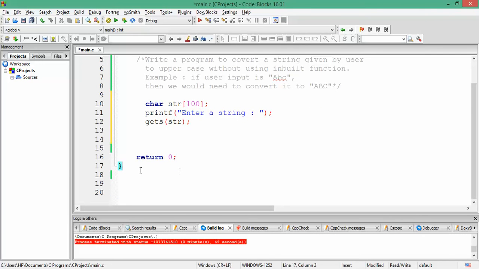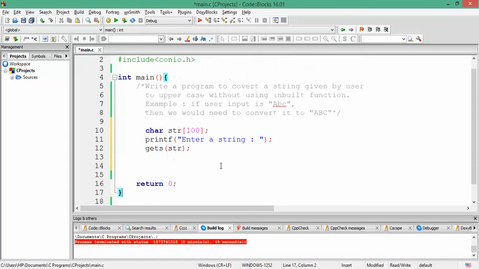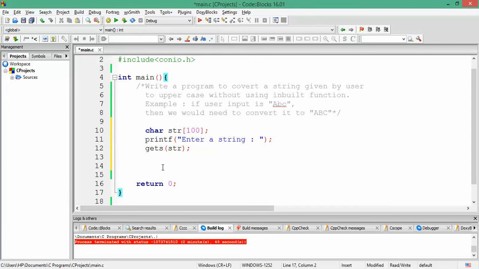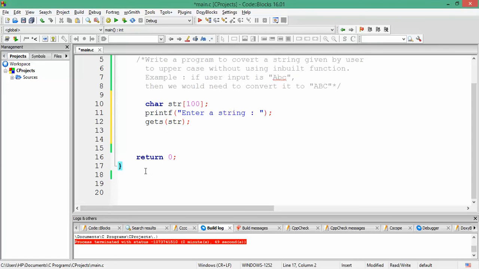Now let us write our custom strupr function, which would accomplish the task of converting the string into its uppercase version. We would be using the same prototype as that of the inbuilt function. The inbuilt function returns the address of the converted string, that is the uppercase string.